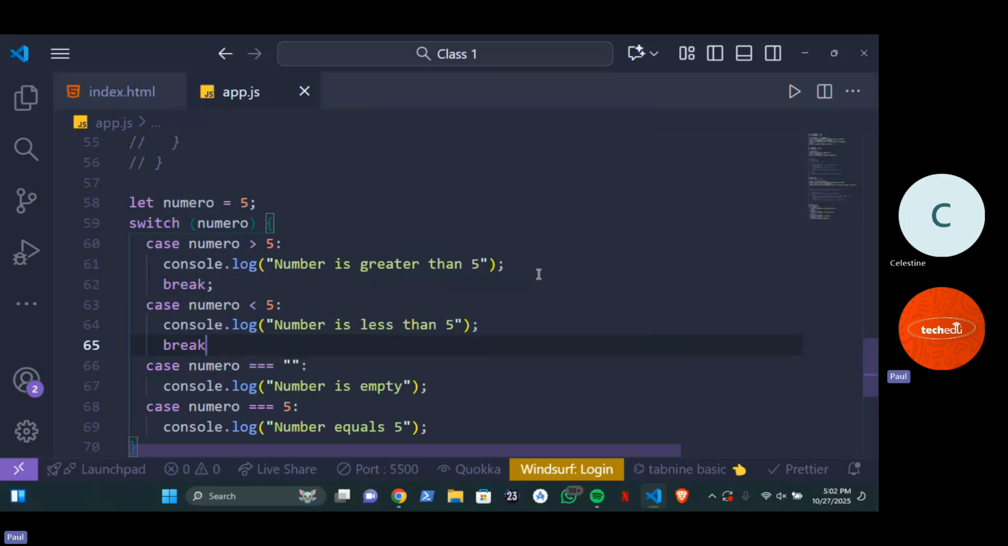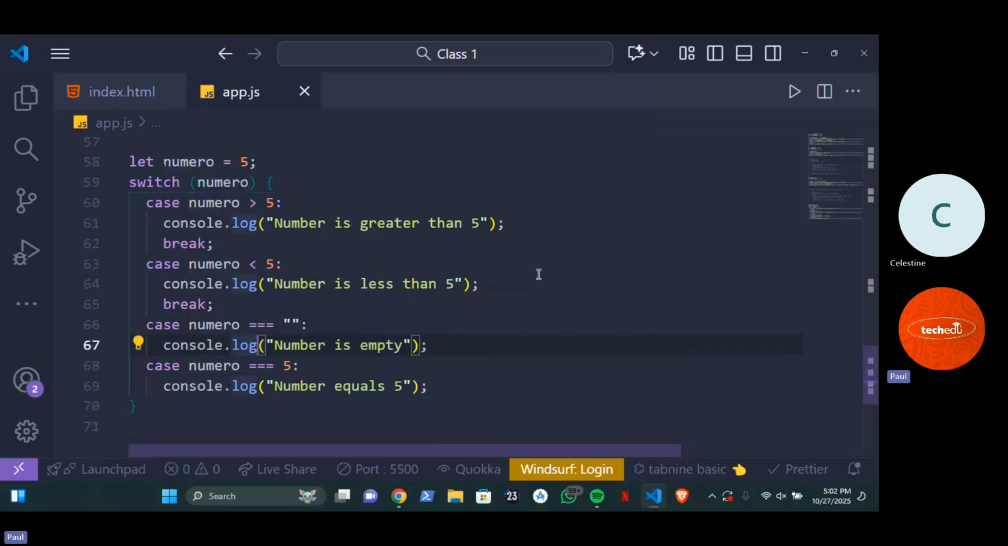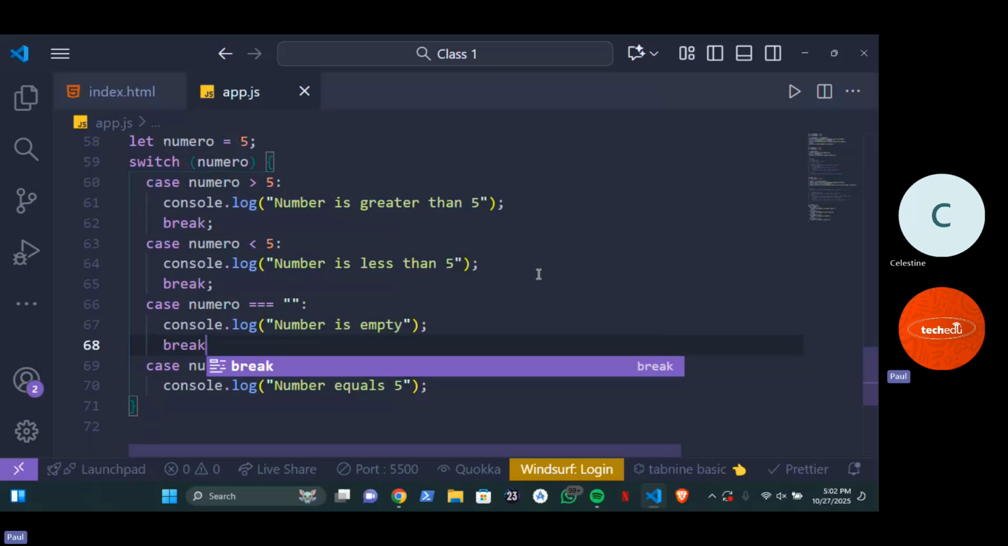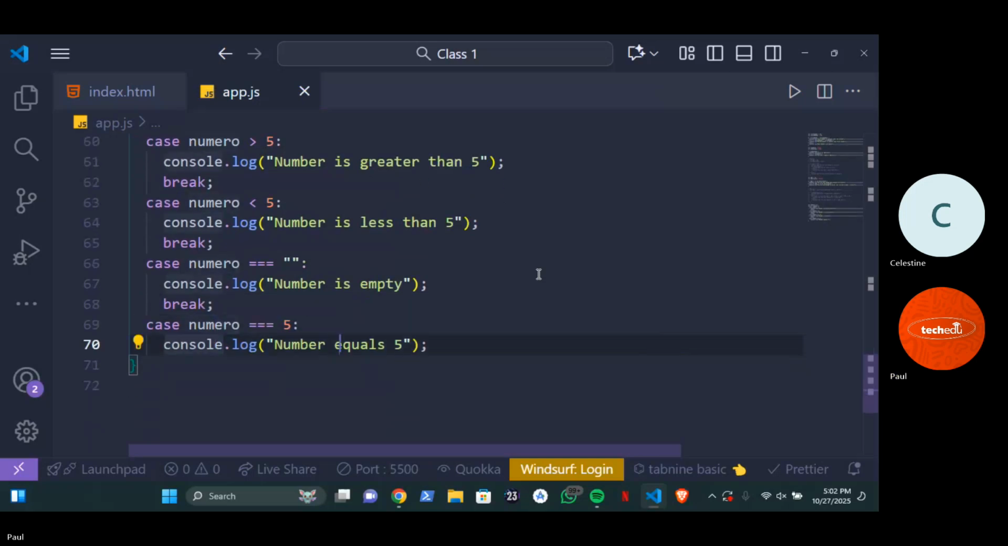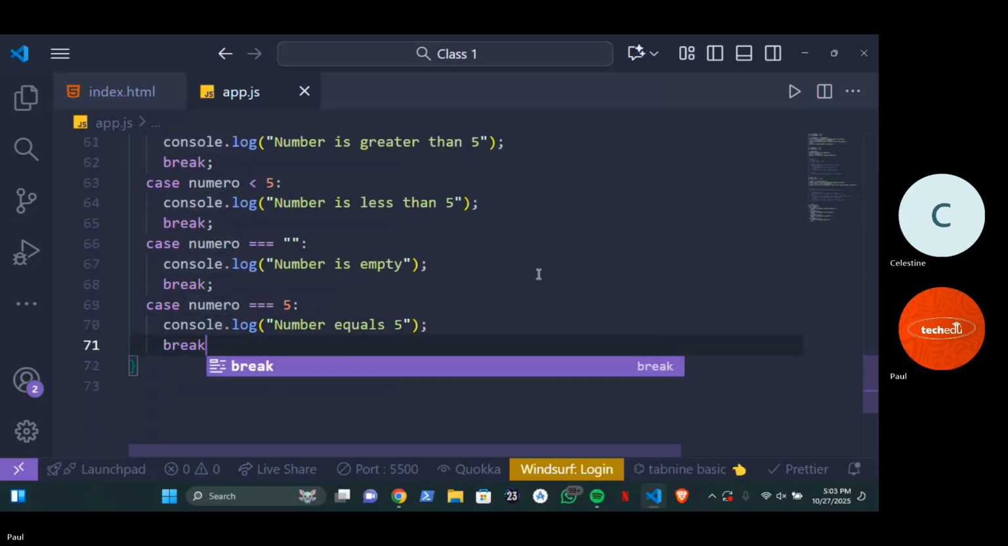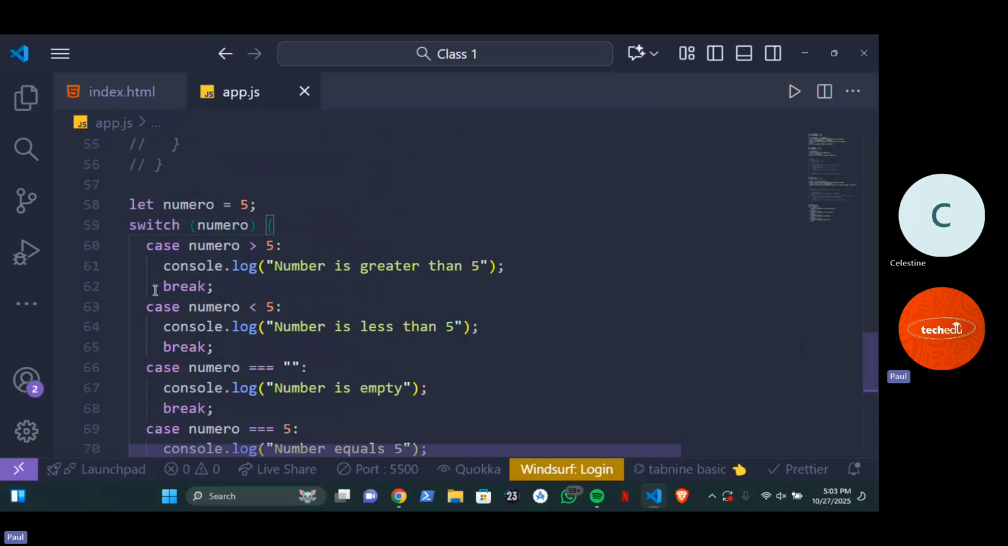Now, as you can see, because I did not break it, it is now running. I'll show you what was wrong. Because I did not break this first one, what happened is that it kept running this first condition. The result is supposed to be nothing, because numero is not greater than 5. Do you get it now? So it will keep running because I did not break this particular program. Now, because I put break now,